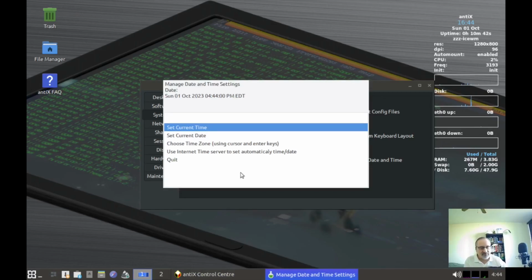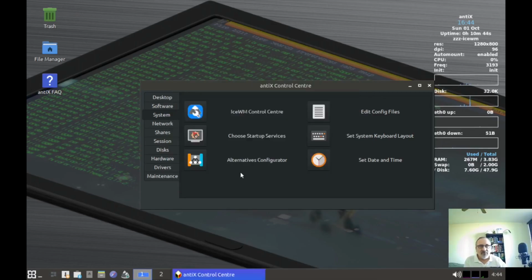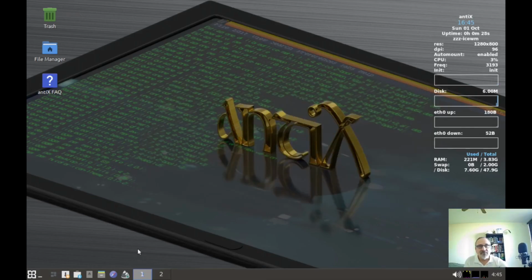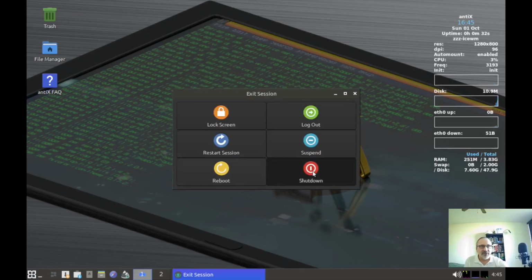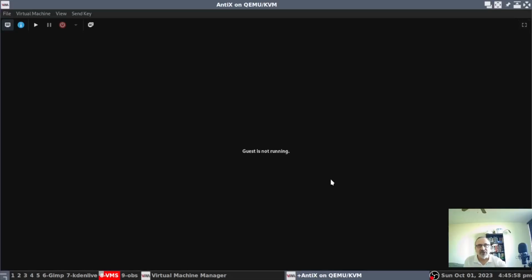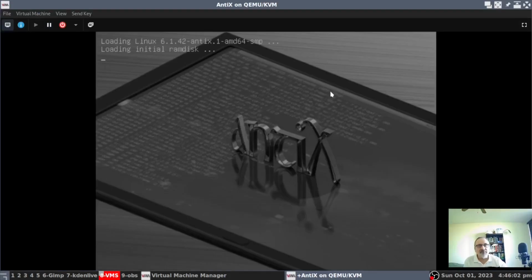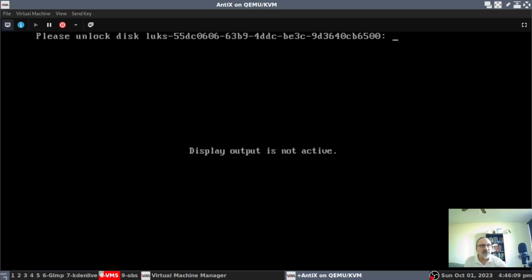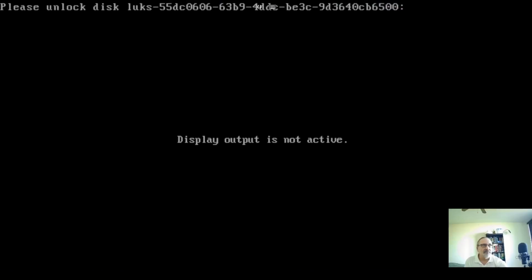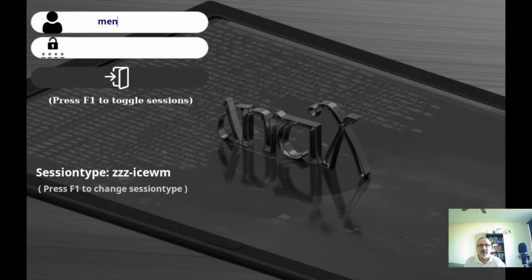But watch what happens. Quit. Let's close this. So what I'm going to do is power down. Shut down. So we just shut down, and now I'm going to restart the system. Let's go in, hit enter. Let's make it full screen. Put my encryption password in. Now we're at the login screen. Put my name in, enter, put my password in,